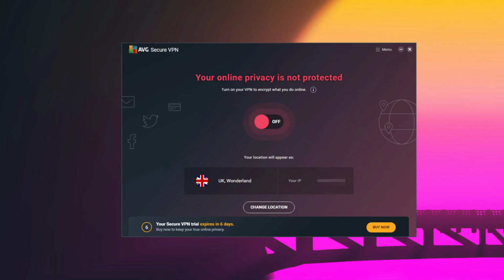For the money that you're going to pay in this case, you can get CyberGhost instead, or if you want to pay a bit more but also get a lot more, ExpressVPN is a perfect alternative to AVG VPN. All in all, AVG VPN is far from being perfect as it claims to be, and therefore ExpressVPN and CyberGhost represent great choices and give you a 30 and a 45-day money-back guarantee respectively, so you have nothing to lose